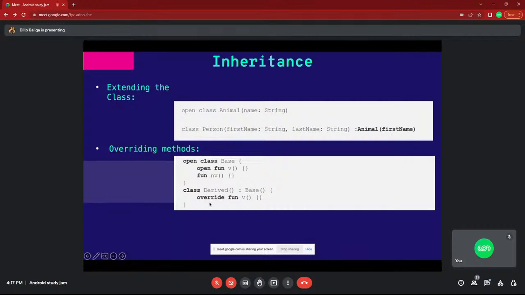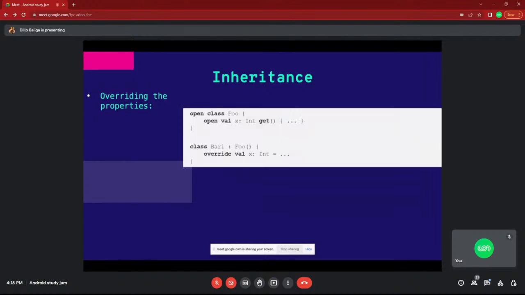For example, you can see the derived class and the base class. This is the base class, and I am overriding that function and its function body, and I can do whatever I want. That is the main advantage of overriding. Overriding means I am using my parent class function in the child class and doing whatever I want. That is a kind of overriding. It means you are taking the properties from your parent and enhancing them. That is the real-time example.